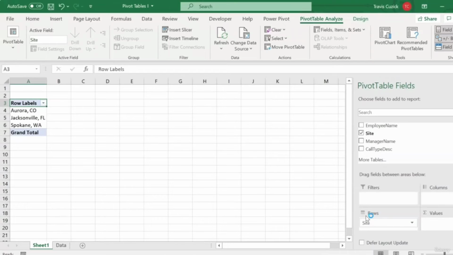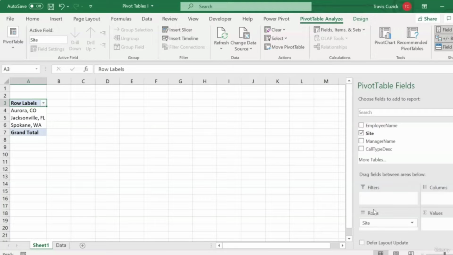And now what we see is that a list of the unique values in our site column, which is to say our 3 sites, has been inserted into our blank worksheet. So by itself, that doesn't seem terribly useful. I mean, couldn't we have gotten a list of distinct values just by using the remove duplicates feature, for example? Well, yes, but this is a crucial first step to data analysis because typically your analysis is going to involve